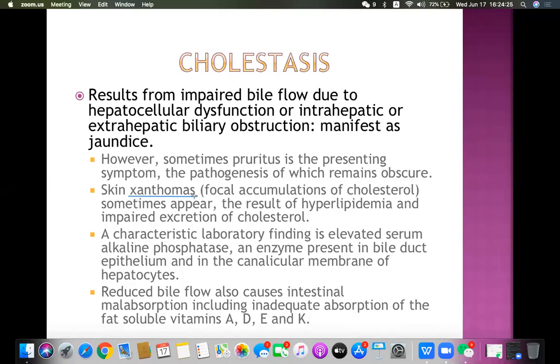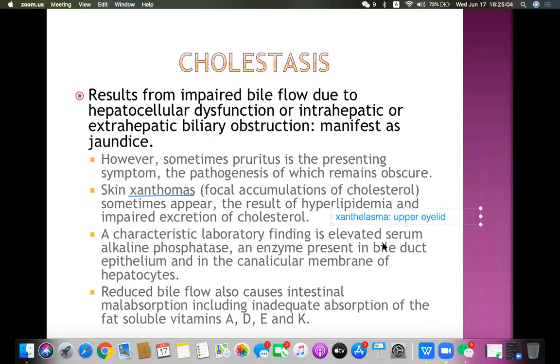Xanthoma. And one more point, I'm going to write it here for you. If they get deposited in the other types of soft tissue, for example, in the upper eyelid, we call it xanthelasma. Xanthelasma is upper eyelid, one of the tissues. It can occur in other places also, but in the soft tissue we call it xanthelasma. In the tendon we call it xanthoma. This is the deposition of the lipid.